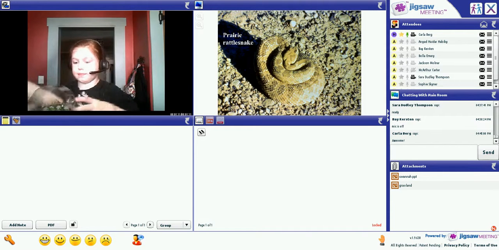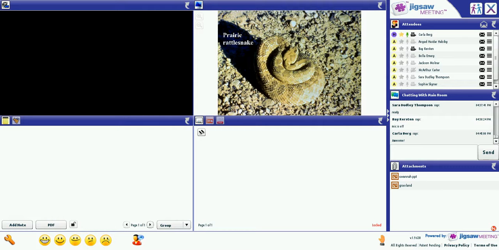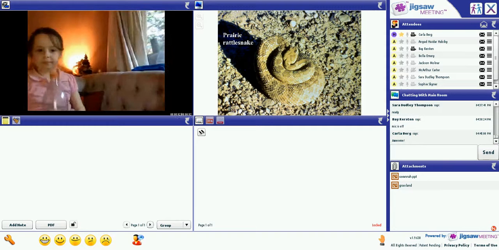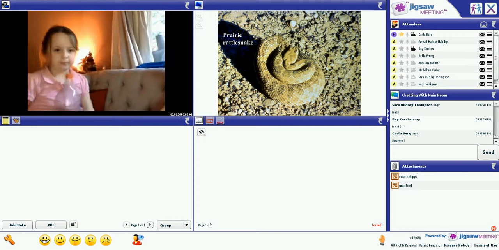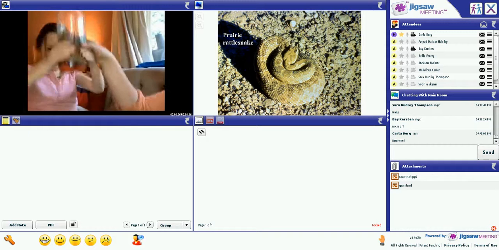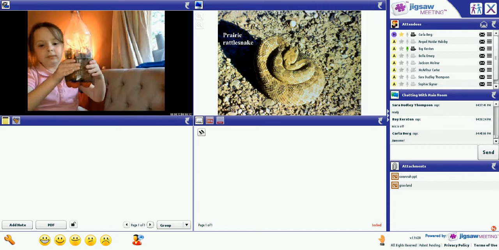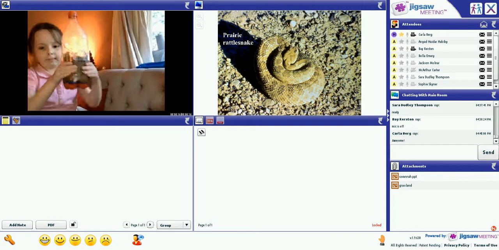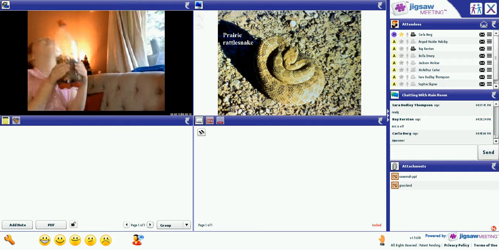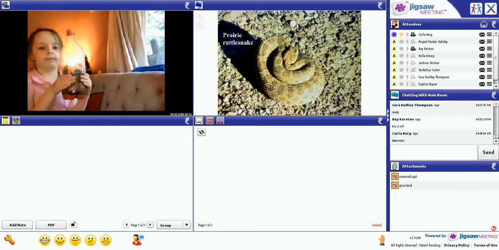Would anyone else like to turn on their cameras? Let's see your terrarium. Not bad.